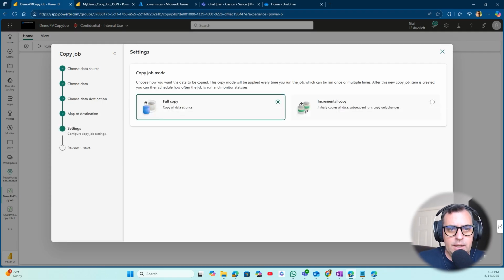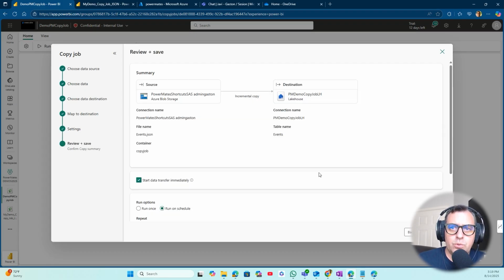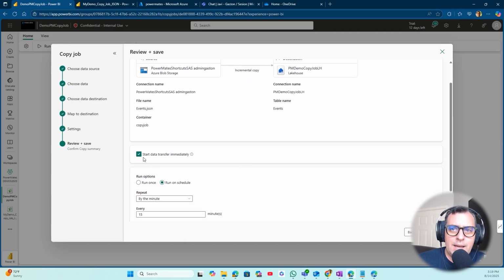This is what is really interesting, that you can set up a full copy of everything that I load in the blob storage, or I can do incremental copy. So if that events JSON file is a JSON file that I am getting from another system, and I know that that system is going to keep sending that events JSON file with more data, I can set up incremental copy here, and that allows me to define, first of all, to start the data transfer immediately, and then